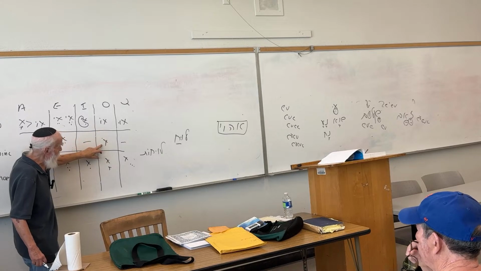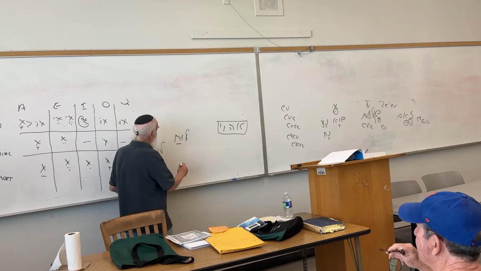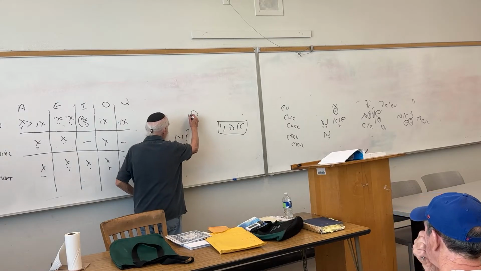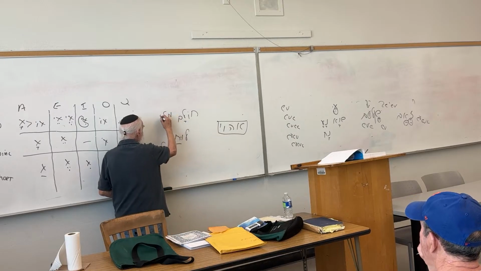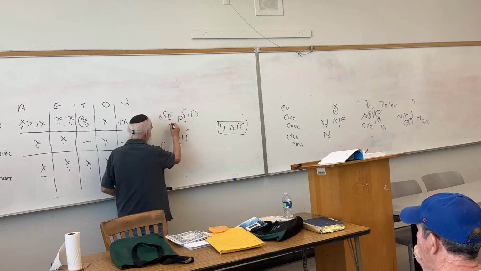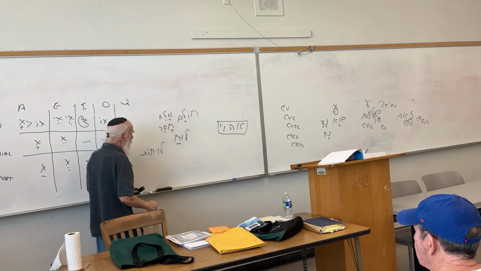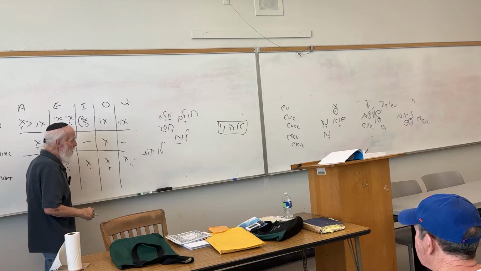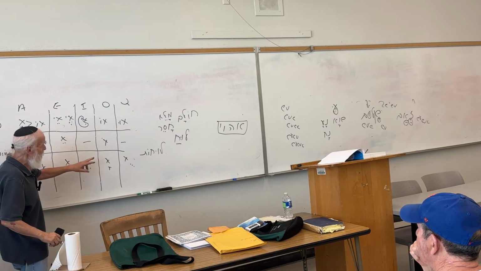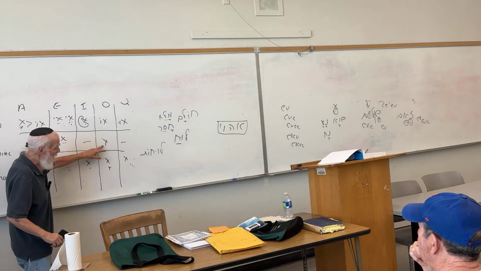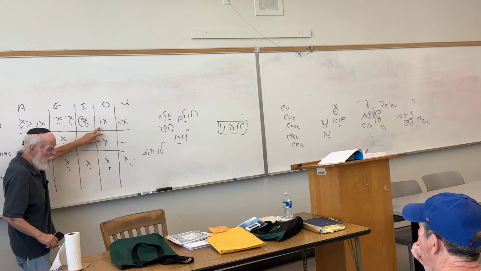This is called the Cholam Chaser. The Cholam Malay, the name of that vowel, once we get it down, is the word Cholam. Malay means complete. Chaser means missing. So all the vowels, you should know the Hebrew name. The Kamatz, you know what it looks like. This is the Cholam Chaser, the missing Vav. And this is the Cholam Malay, the Vav is present.